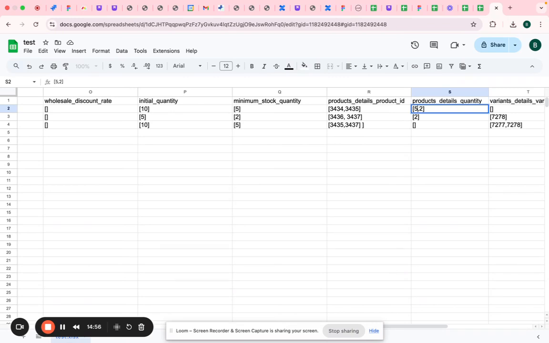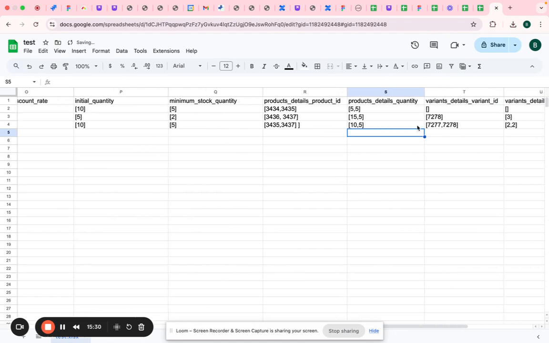For the first product ID, what is the quantity I want to work with? So I can say 5. Second product 5, same as this two, 5, comma 5, then 5, then 5 2. So I'm saying for the first product 5. So I can do this 10, maybe 15, then